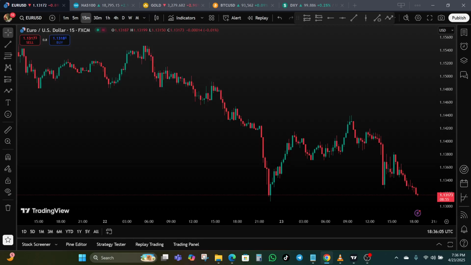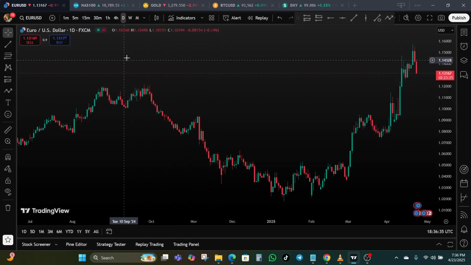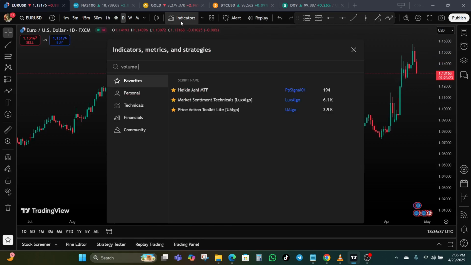Traditional support and resistance are useful, right? But they can be hit or miss if you are not factoring in volume. Volume tells the story of commitment, where traders are placing real orders. So when volume spikes at certain price levels, those zones carry weight. The market remembers them. So by using volume at price tools like the volume profile,